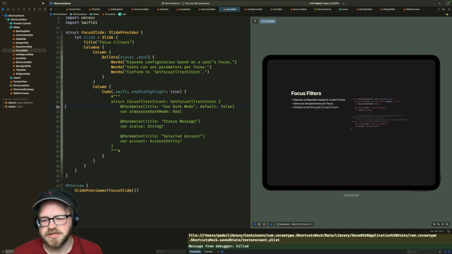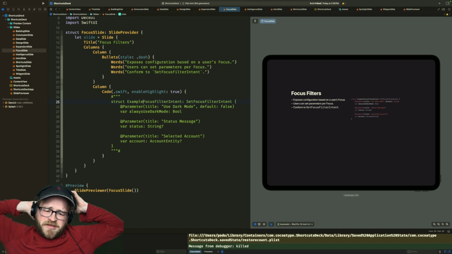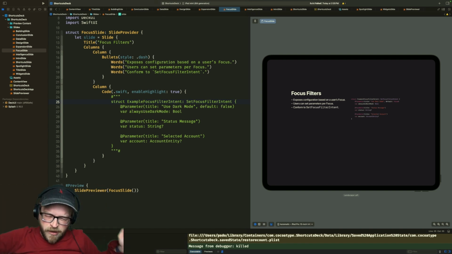This. I'm just going to say that this is a sample focus filter intent. I'm not going to try to do this based on my app because there's no reason for my app to need focus filters. I mean, I guess in theory you could say like, oh, I only want this type of focus when I'm going to the theater. I don't know. It seems kind of dumb.